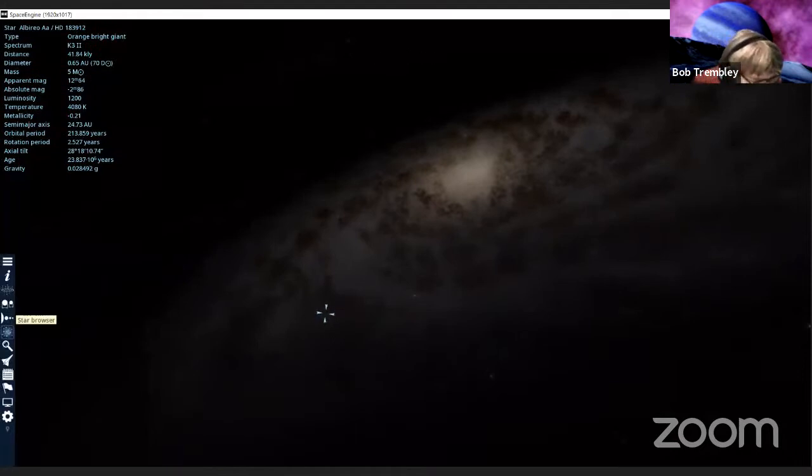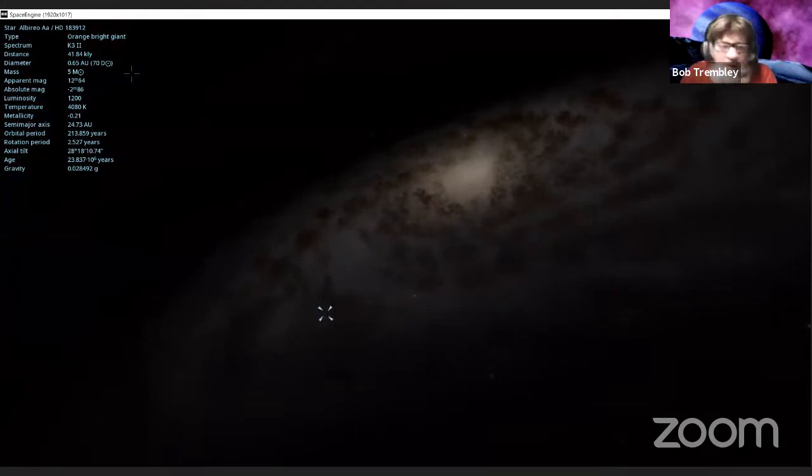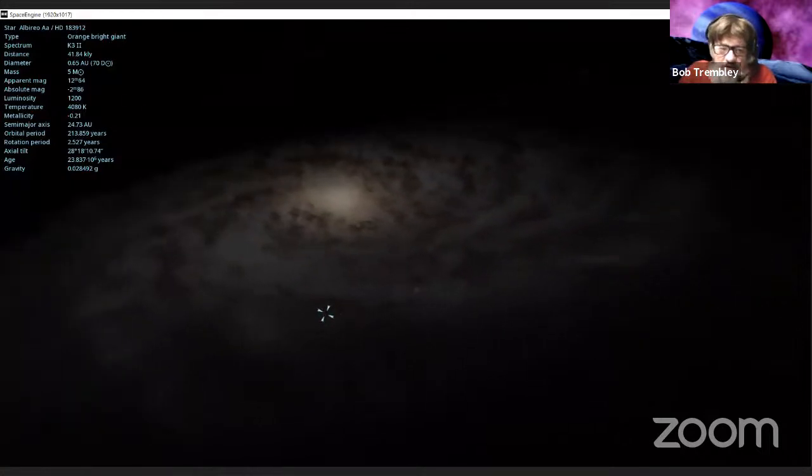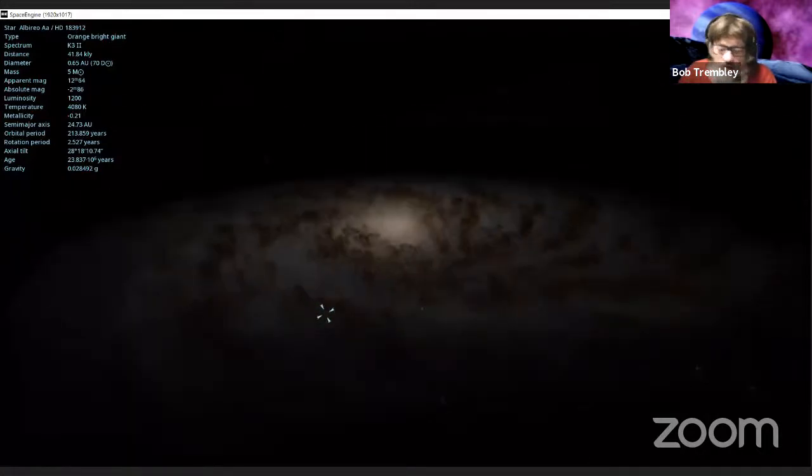I said I'd go to Betelgeuse. Rachel wanted Betelgeuse. Not really sure why it's not showing the stars as bright as it was. I said I'm going to have to reinstall. But it said SpaceEngine, its user interface,